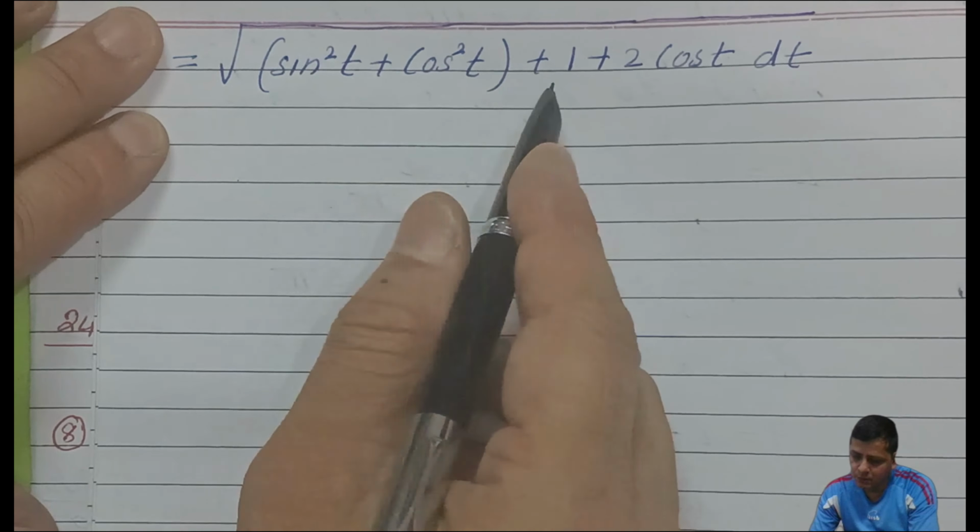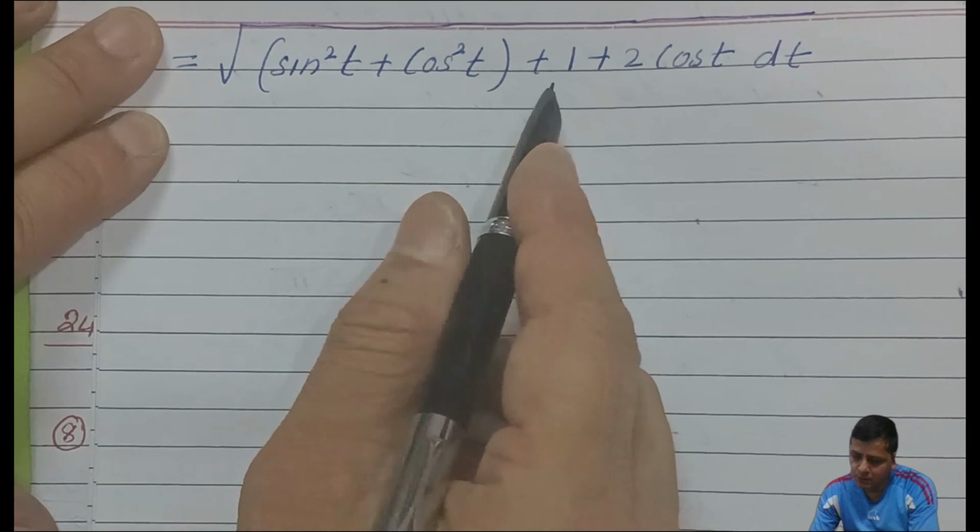How did you get this? From a formula. I would like to show you the formula, that is cos t is equal to 2 cos square t by 2 minus 1, and then cos theta is equal to cos 2 theta by 2, or we can say 2 cos square theta by 2 minus 1. So that's how you get the value over here. Either you write theta or t, that does not matter much.